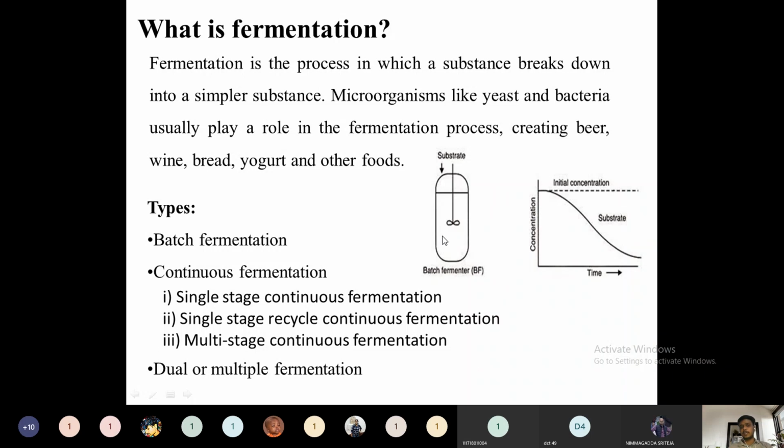Take the example of ethanol, or biogas. If this is sucrose or glucose, then the sucrose or glucose will be consumed by the yeast and bacteria. Then they will convert that glucose and sucrose into simple molecules like ethanol. This ethanol will then be collected and purified. Up to the fermentation process the alcohol is produced, and after the fermentation process the stages are nothing but purification stages.